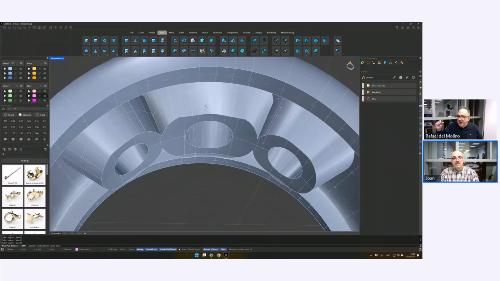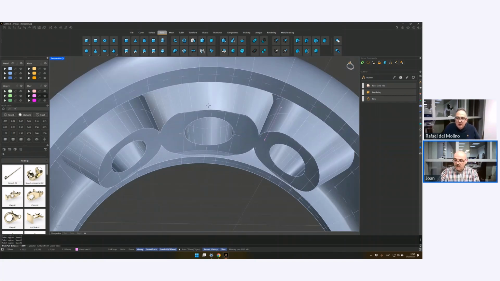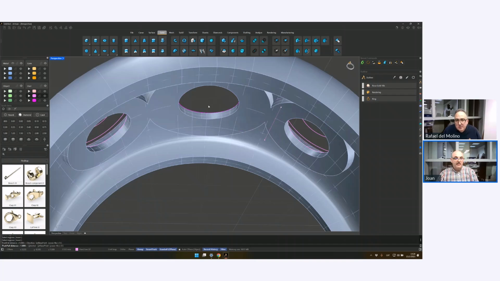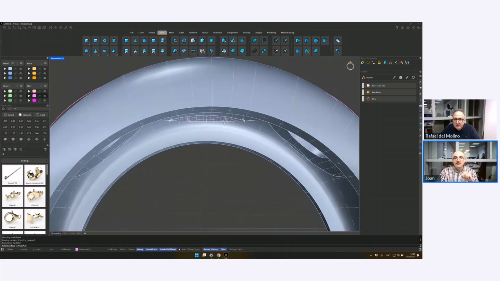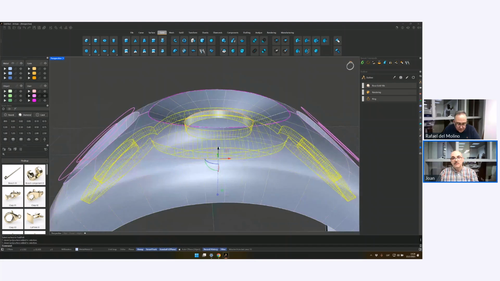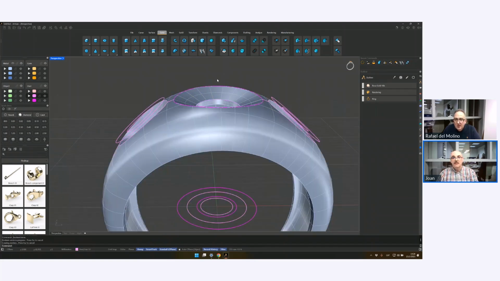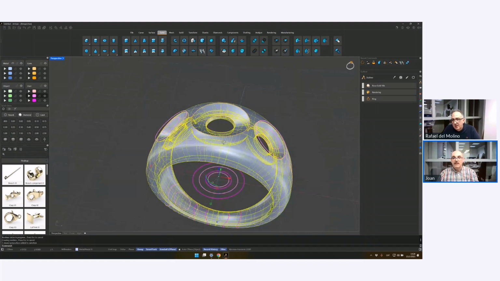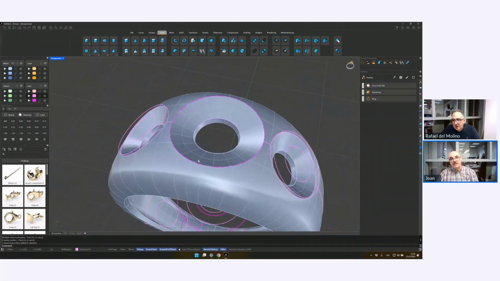Because the problem here is too thin, right? Yeah, the thing is that when we are going to cut it, it's going to get too thin. So we increase a little bit the thickness in those areas. Okay, it's done. Okay, and I'm going to move a little bit just to be able to make a Boolean union. Okay, now it's one piece, and I can continue to construct the channel where the stones are going to be